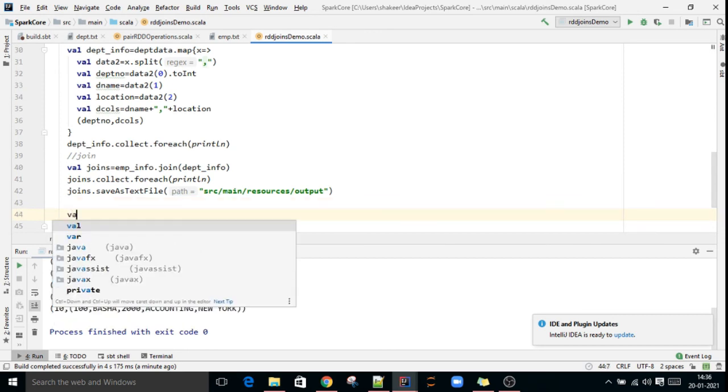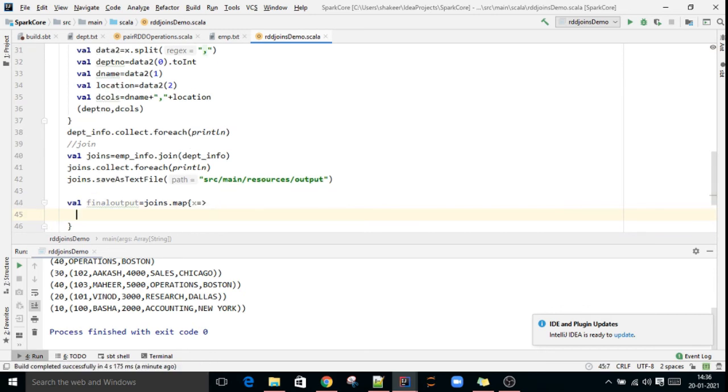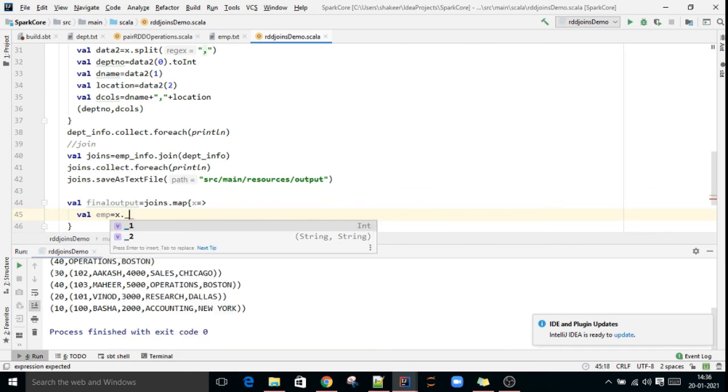So val final output equal to joins.map, x such that val emp equal to, this is the tuple, right? x, first one, second element.